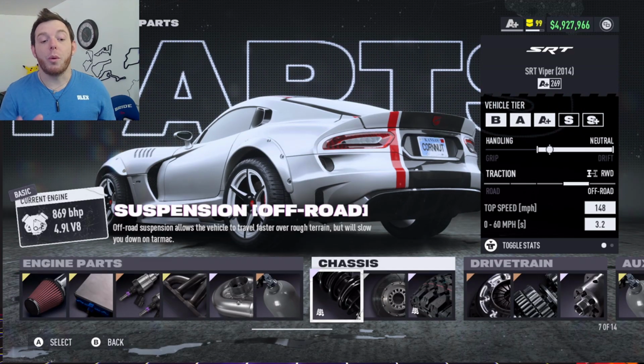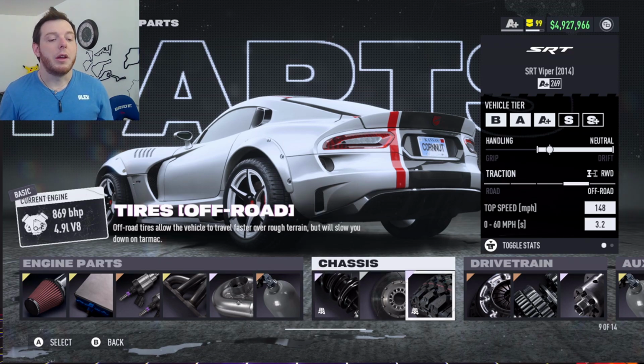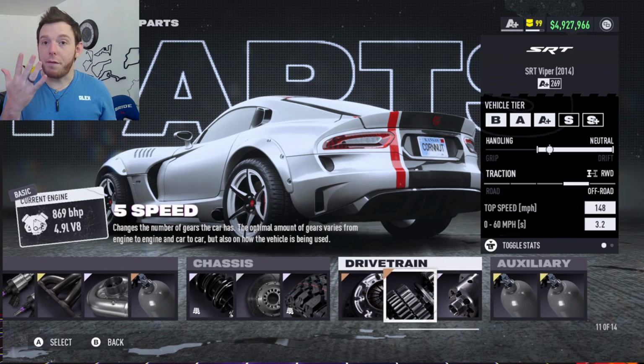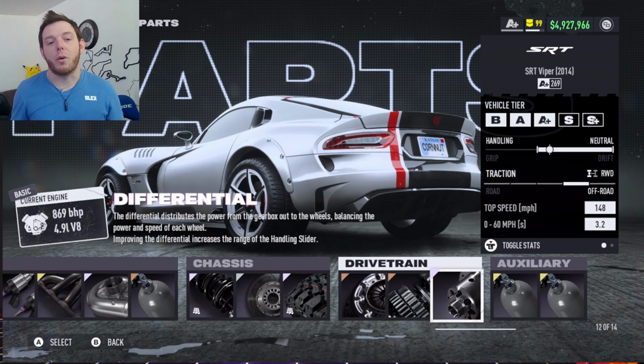Bronze nitrous, and then you're doing an off-road build for the rest. So you do off-road suspension, elite platinum. You do off-road elite platinum tires. You leave the brakes and the clutch alone, and then you do the 5-speed transmission, and then grab yourself a